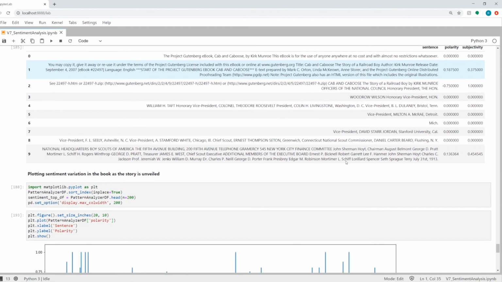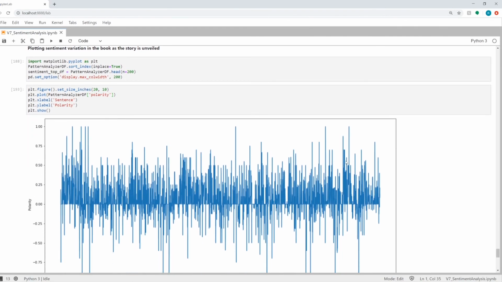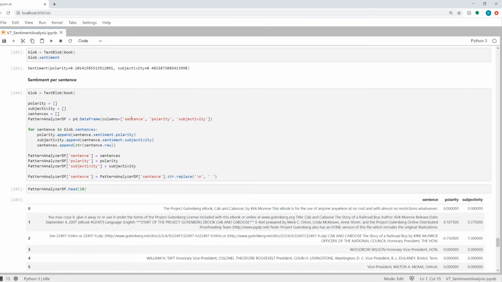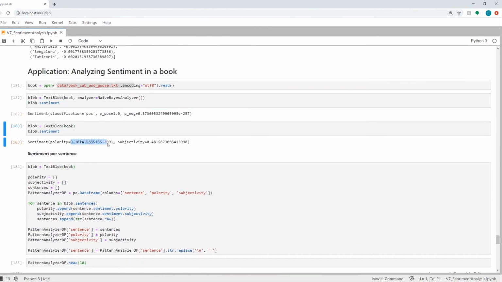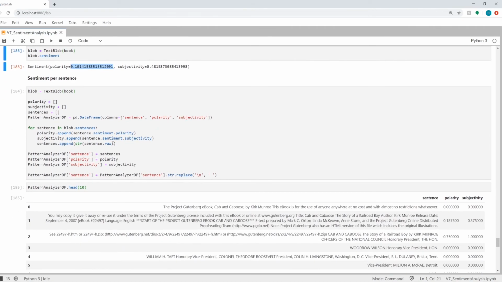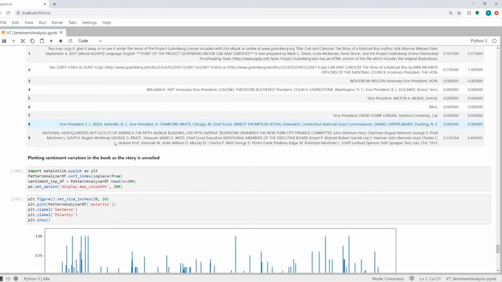And then you can plot a graph which looks quite cool, like how the story flows in that book. Here I'm showing it for the whole book, which is around 2500 sentences, and if you see, the whole book is kind of positive, which you would say that the pattern analyzer returned quite a good score, which I may accept. Yeah, it did, but still I would suggest to do sentiment analysis on per sentence basis.